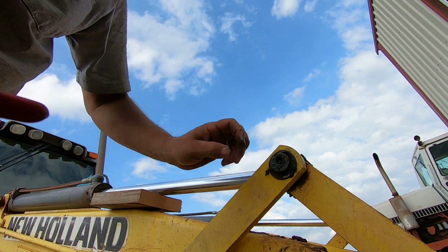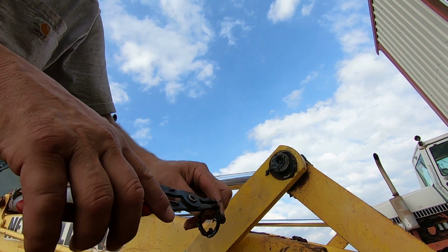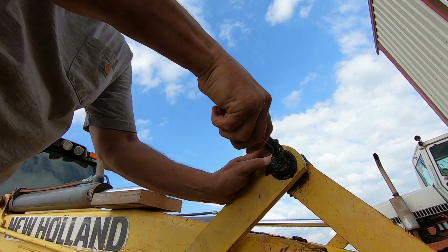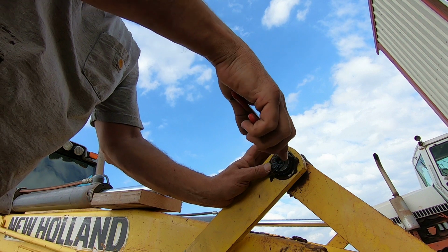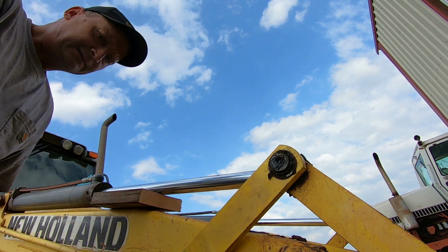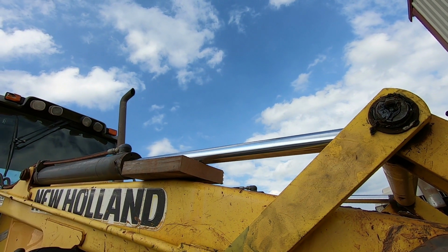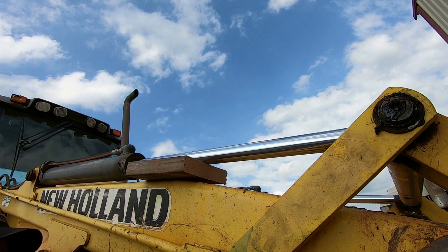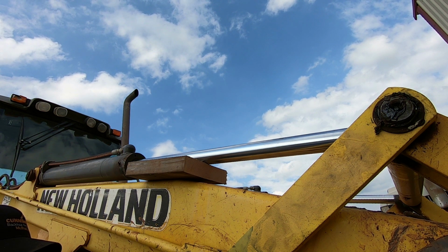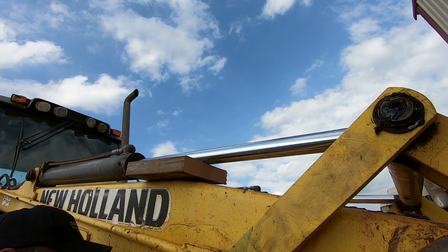And I should have washed these, but I need to wash the whole backhoe. I just haven't done it. My pressure washer's kind of not been working right, so. But anyway, that's how you put that on there, and then the one that goes up underneath, same deal. And then I'll put some grease in it, and it'll be good to go, I hope. At least I won't have to worry about it coming off in the middle of the job,